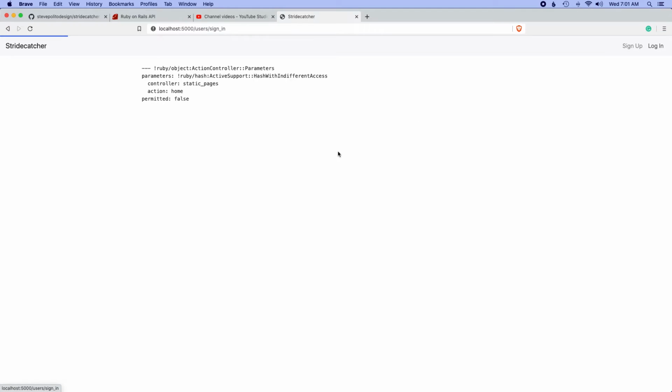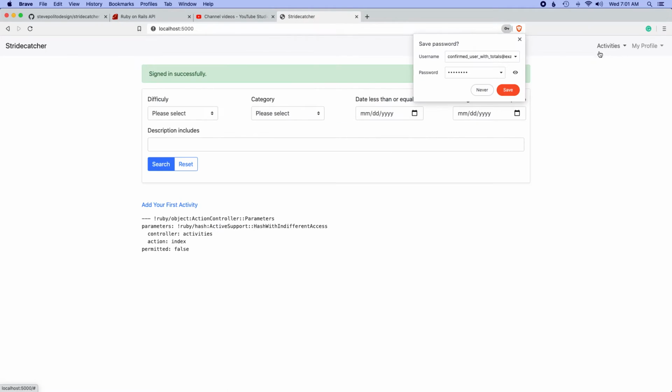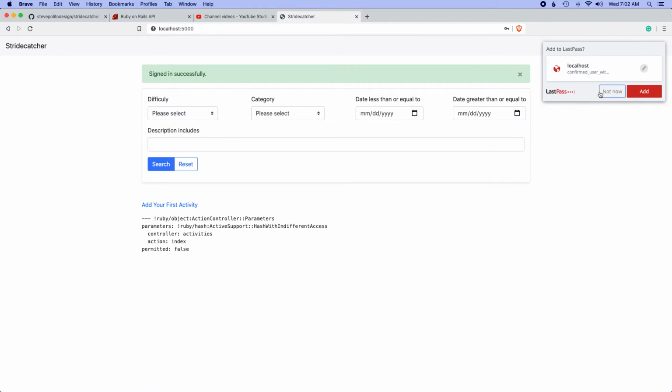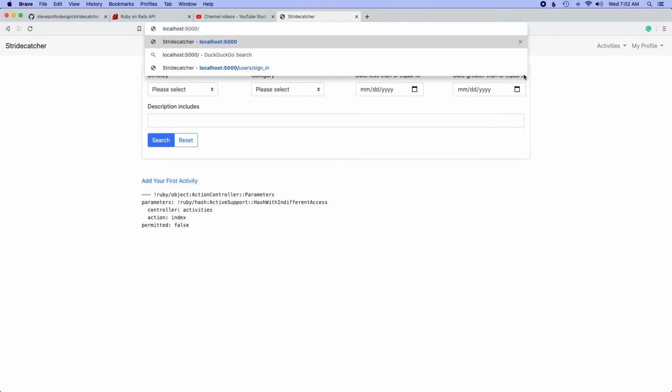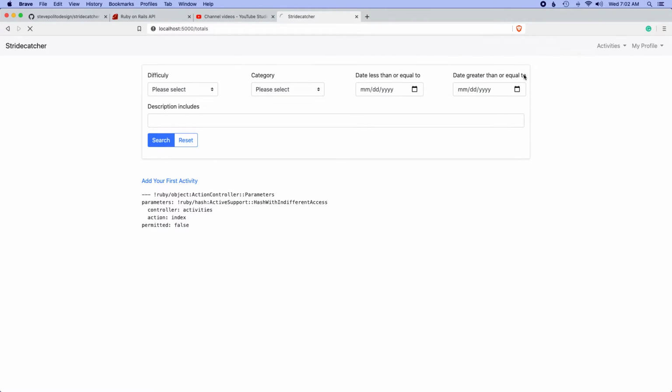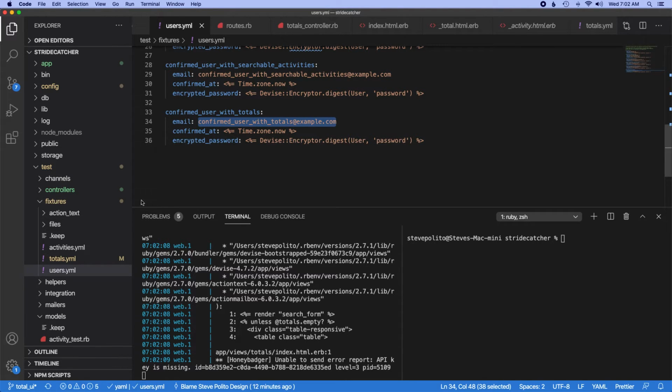Okay, so let's log in as that user we just created. And the password is password, log in. I just realized I didn't add any place for this. And you'll notice this person doesn't have any activities. That's fine, because we're just testing if they have totals. I think it's totals. Okay, so we're on the right page, but it's just not